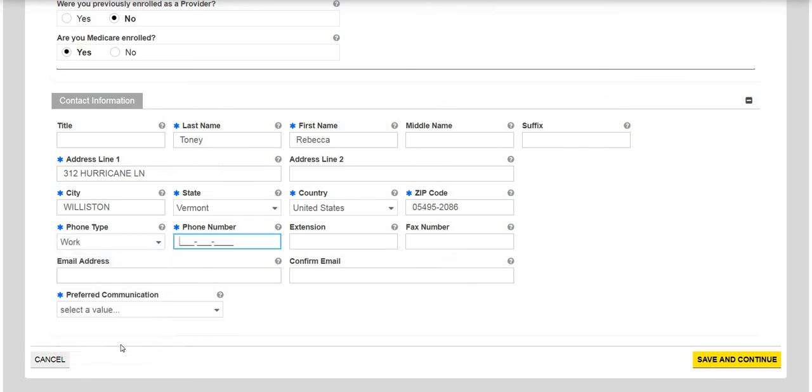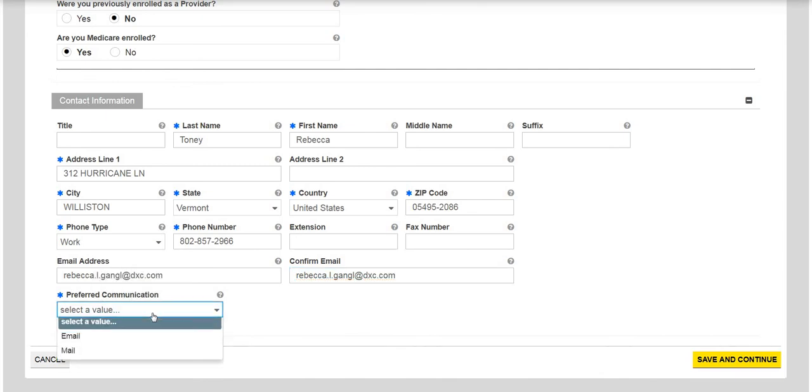I am required to put a phone number in here, so I'm going to enter in my phone number. And I am going to enter in an email address. You'll notice that this is not asterisked as being required. However, the preferred communication question right below the email address asks if you want to receive communication either by email